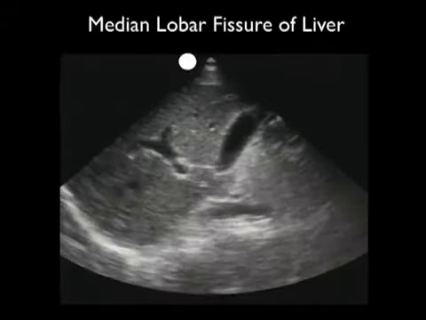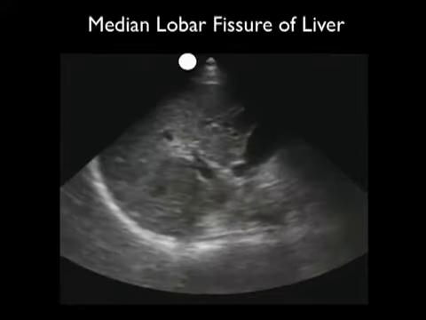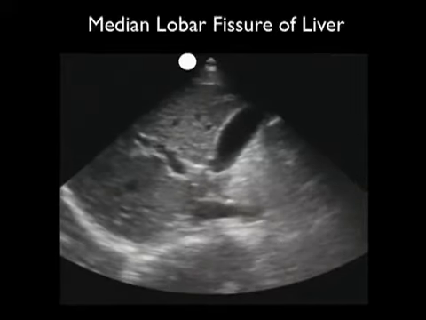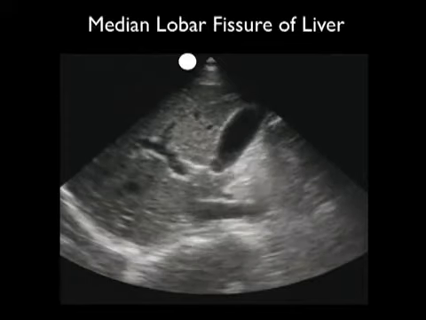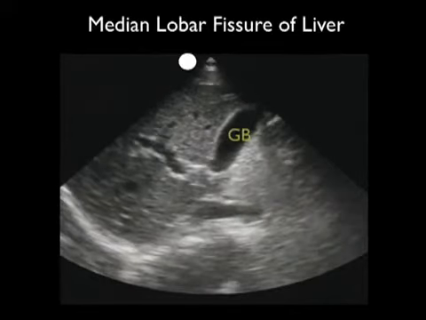Here's an ultrasound image showing the median lobar fissure of the liver in greater detail. Here we see the gallbladder, the pear-like structure to the right of the image, and the branching portal vein over towards the left. As we look in between the two structures, we see the thin white line known as the median lobar fissure